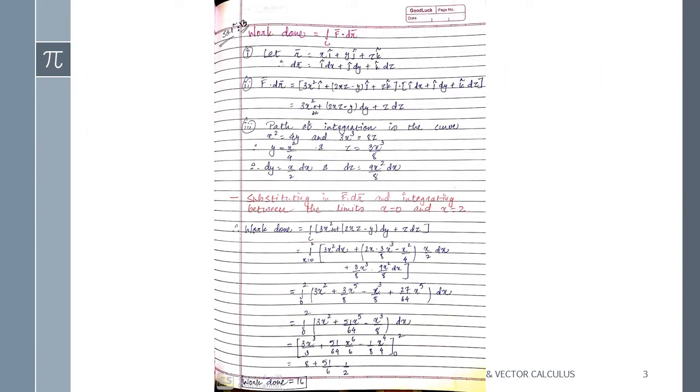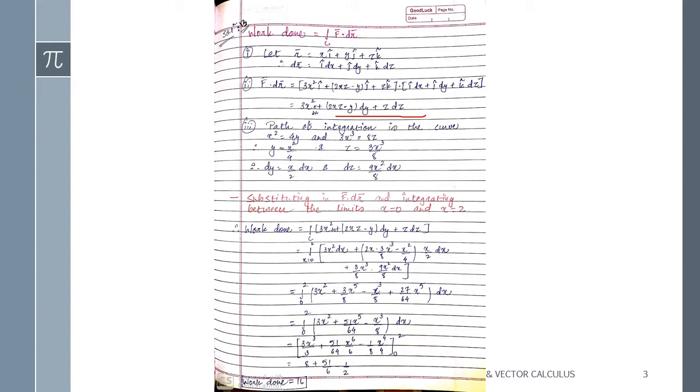So work done, as we did its theory in our previous sessions, is given by the integration over C of F dot dr only. There is no change; it's another name of the line integral only. The very first step is to apply its position vector. So r will be xi plus yj plus zk. Then dr we can write as i dx plus j dy plus k dz. Now find F dot dr by multiplying both F and dr, so you may get this one term.